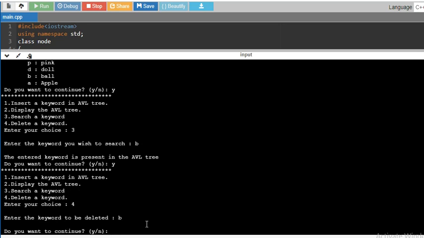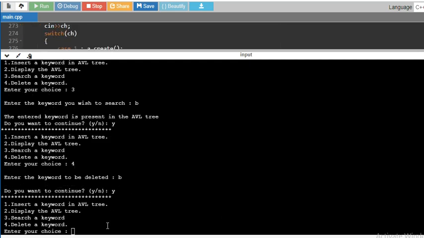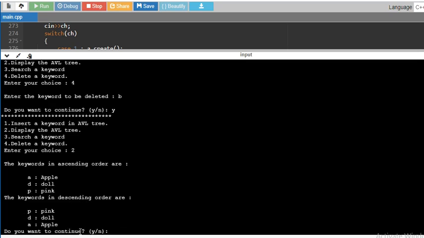Yes, because I want to check whether that key is deleted or not. After continuing, now we have to check with choice 2, which displays the tree, whether B is deleted or not. We can see that now the B keyword is deleted.